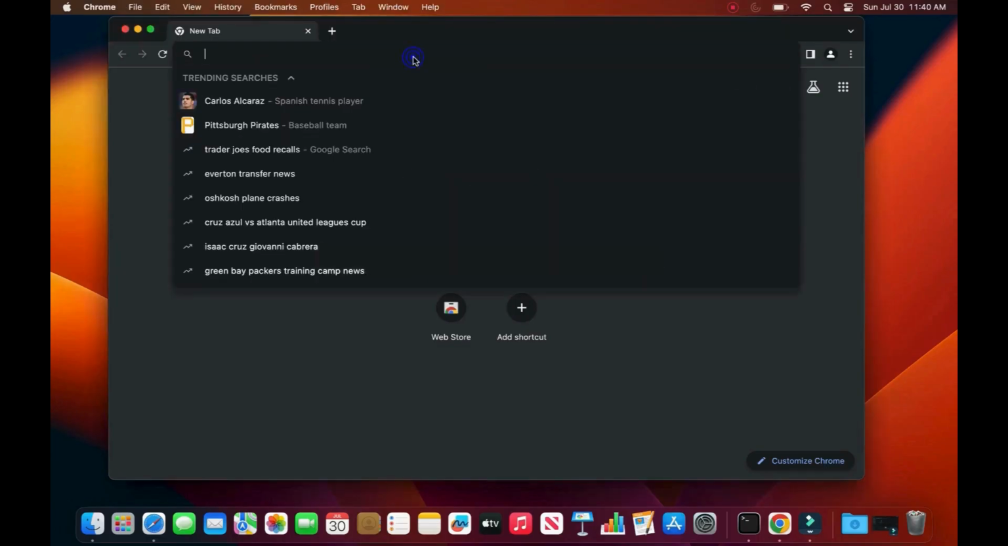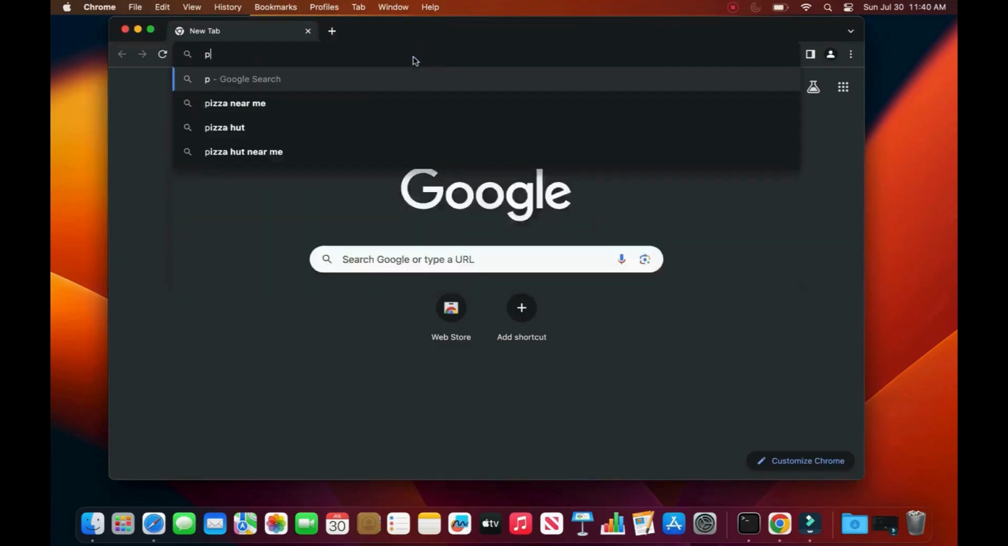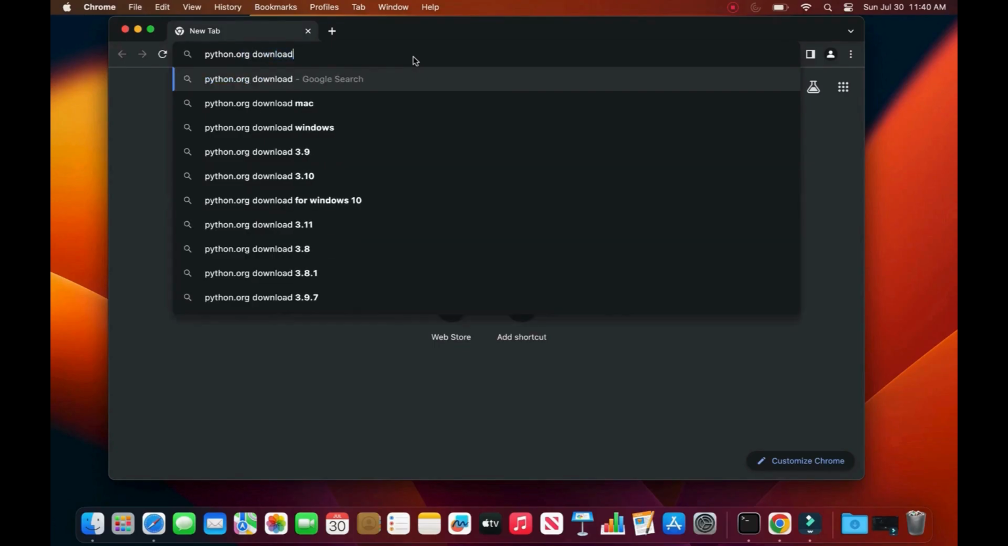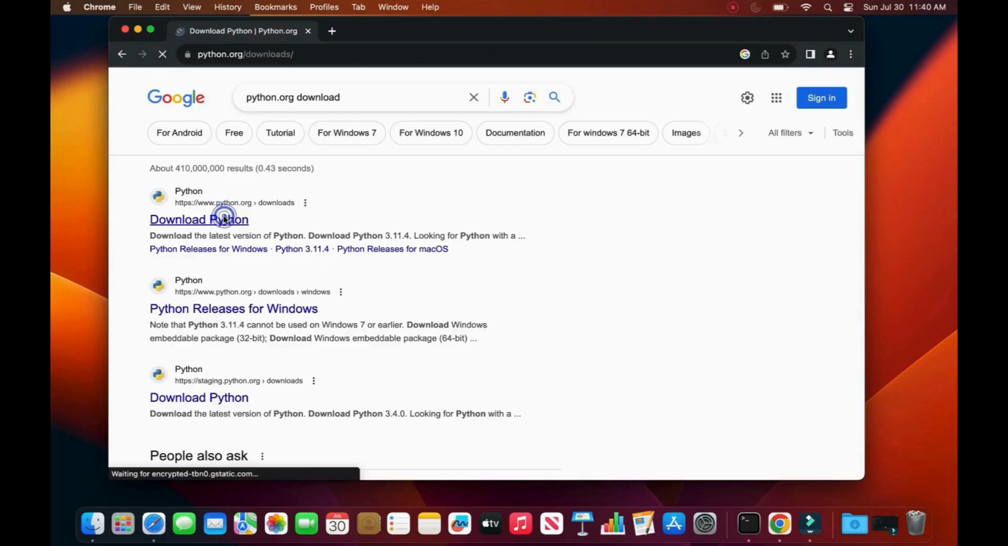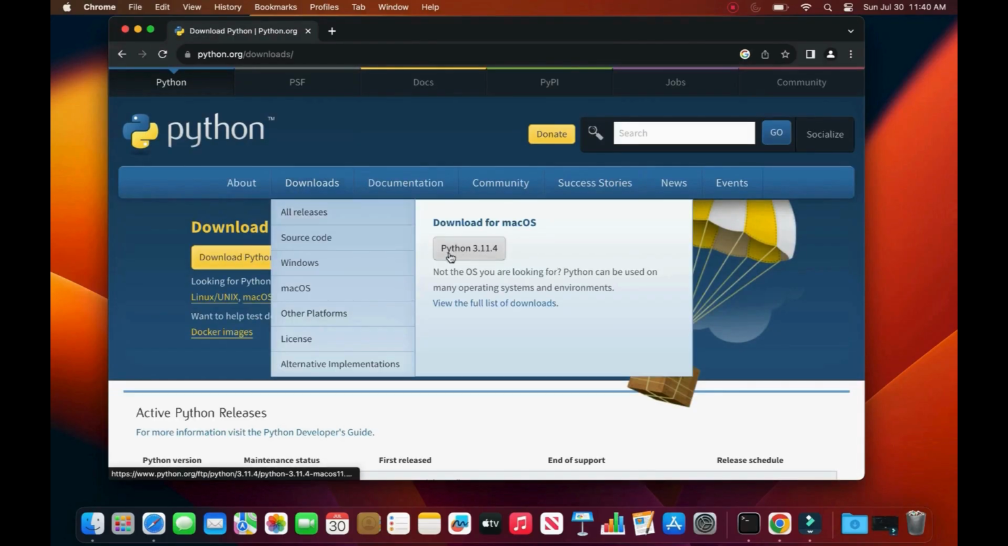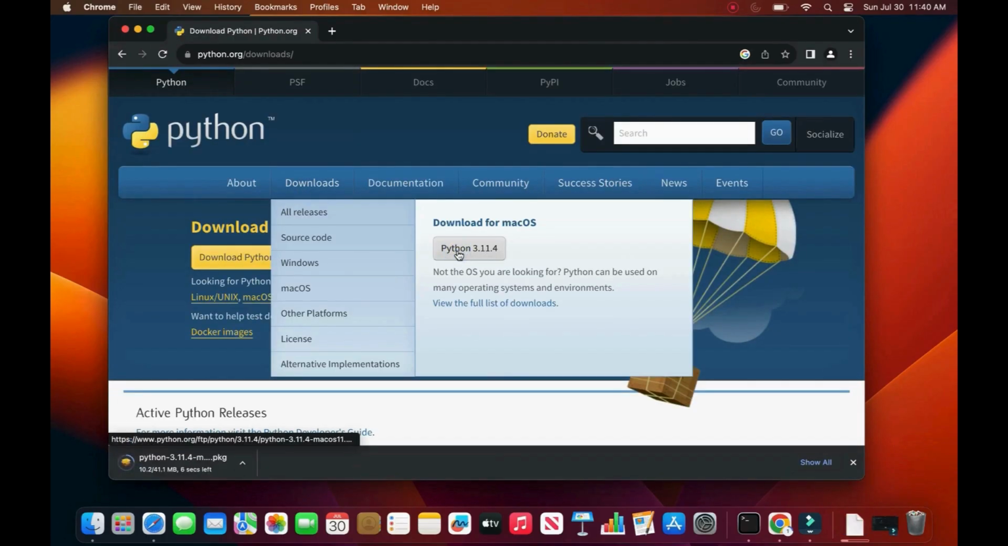So first we're going to go to a browser and type Python download. You have to go to the python.org site and download based on the operating system that you have. You can also browse through the website to get more information. As you can see, the installer has downloaded, so what I'm going to do now is click